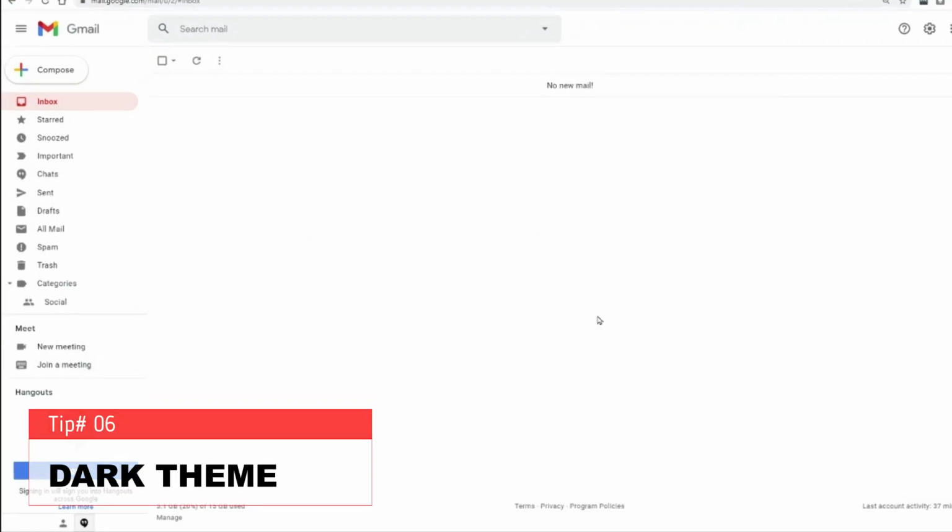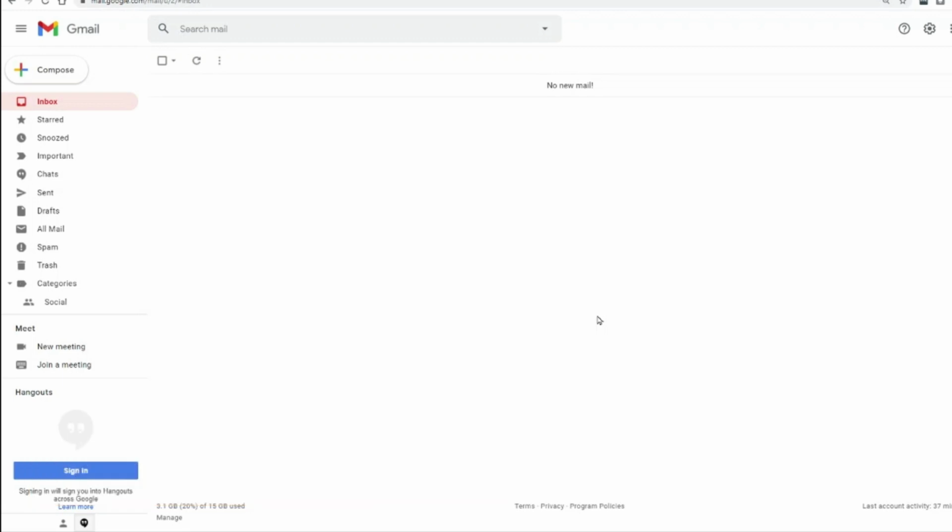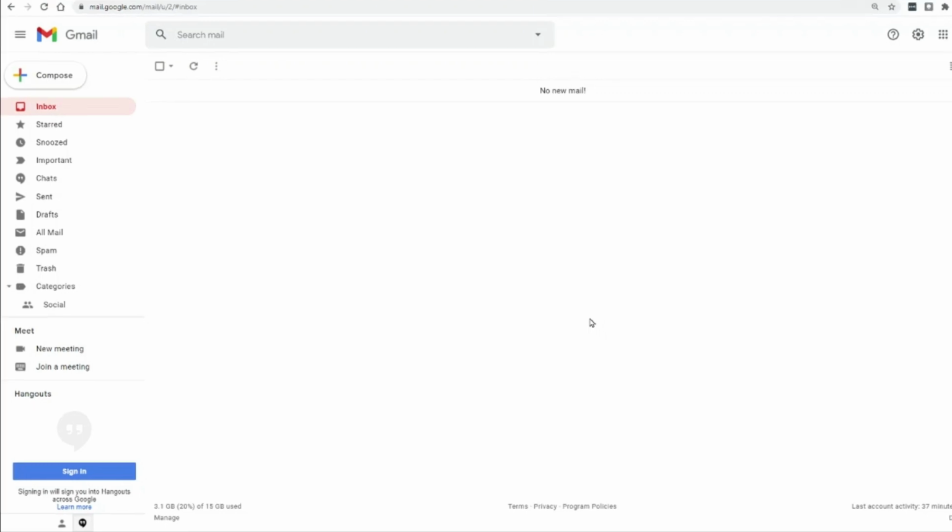Now, well, let's talk about the next step, which is how you can use your dark theme. In today's time, dark theme is really gaining popularity because using the dark theme, everything turns black and white, and because of that, the strain on your eyes is a little less, and there might be many more reasons, but I generally just like it.